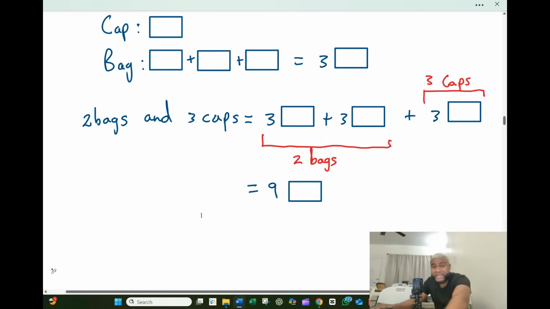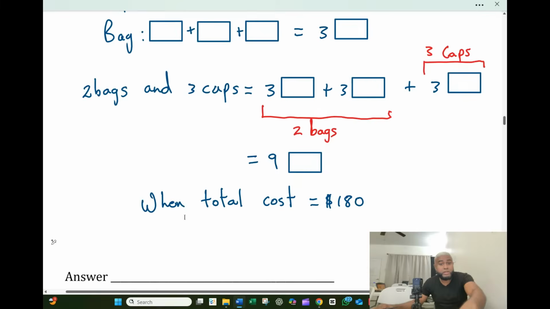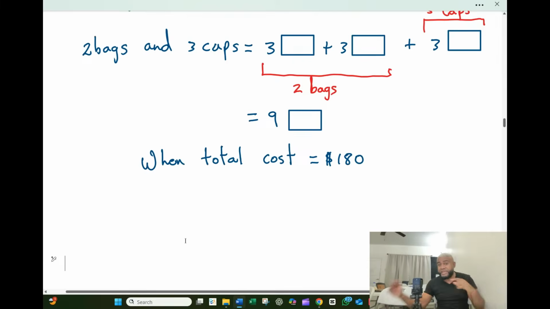So when the total cost is equal to $180, I can now put these 2 things to be equal. Therefore, 9 boxes, which represents the 2 bags and the 3 caps, would be equal to